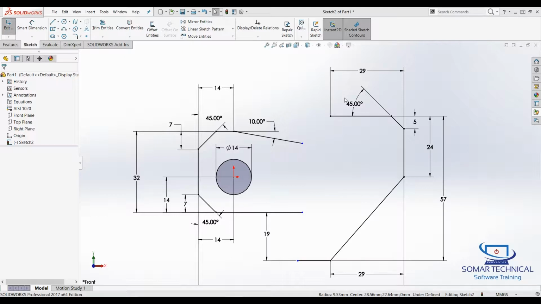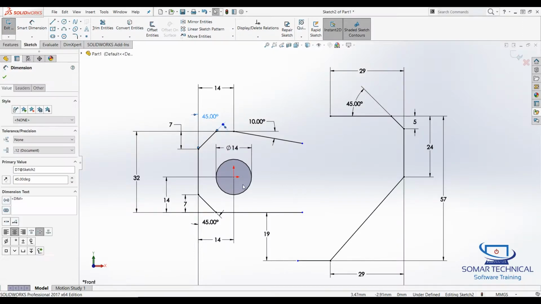If you are seriously considering taking the CSWA exam, I'm assuming that you're at a point where you can probably get to where I'm at on the screen. As you guys can see, I have about 95% of the sketch already completed, which is really some simple lines, vertical, some at a 45-degree angle, and then some circles. And the only thing that's missing are the arcs that connect, for example, this section here and then this segment